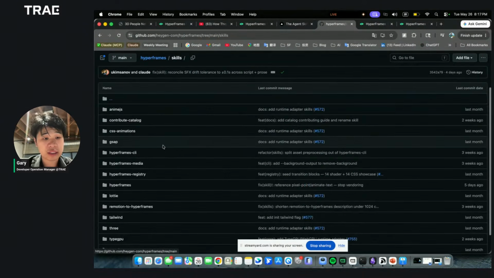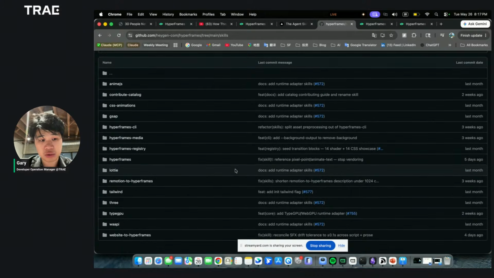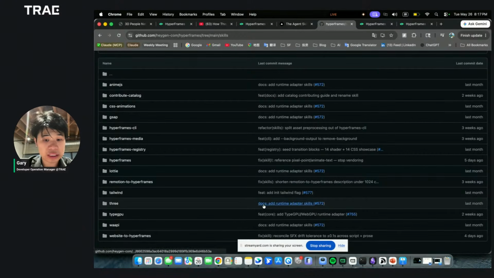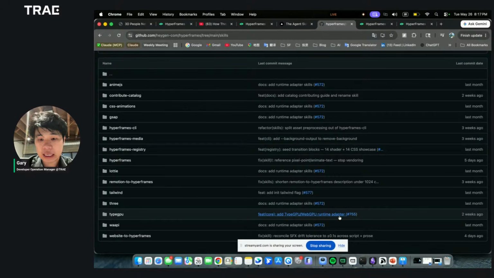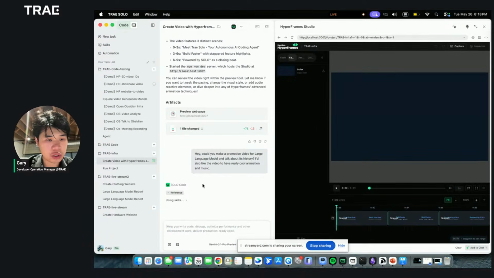It also has the skill to control the video, the skill to control the animation. Even for 3D object generation, it has the object, also has the folder, and has a certain adapter to control everything. Yeah, this is about Hyperframework, and this instruction is still working.